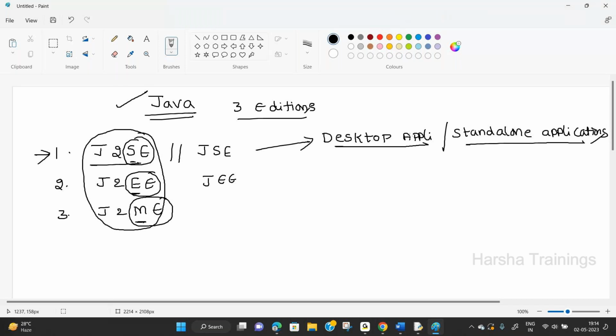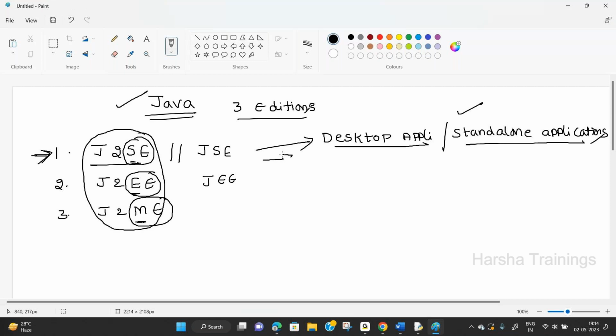For using a standalone application, you do not require any internet. Yes or no? For example, in my system, I am using a Word document. So install a software in one system. For using that software, you do not need any internet. Such types of applications are called standalone applications. By using J2SE, we develop these applications.